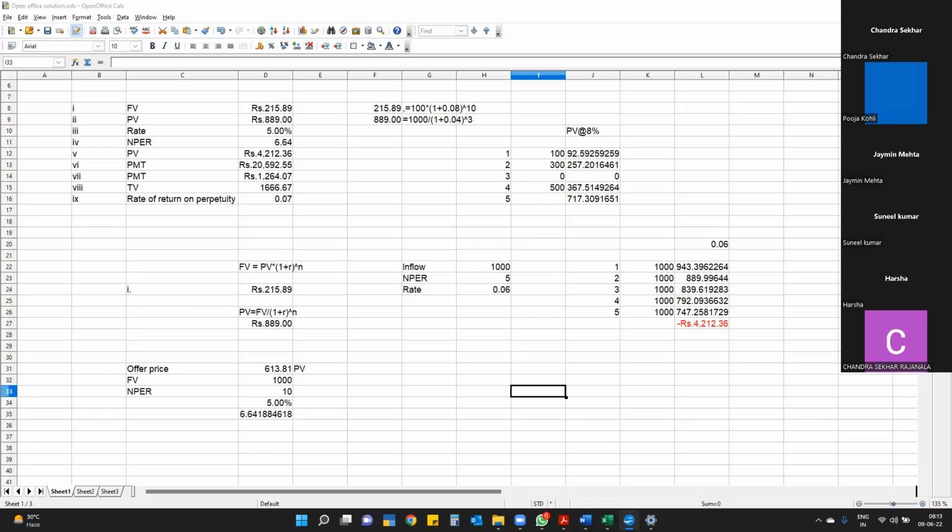So let us break the problem. Yeah, this is correct. Now it is correct. It's also on the screen. So can you please tell the others what is the number of compounding periods you have taken, Sachidanand ji? Hmm, 360. Jamin ji, we have to multiply it by 12 because the interest rate is monthly. And interest rate,